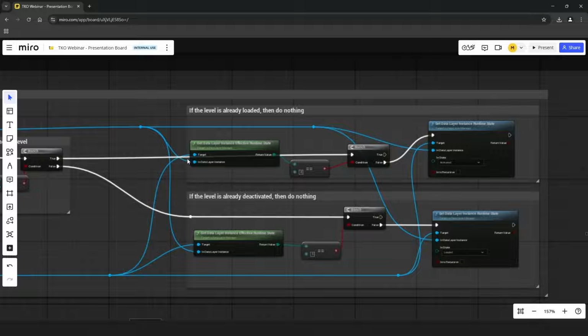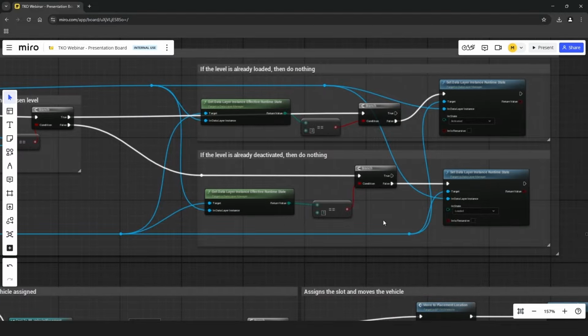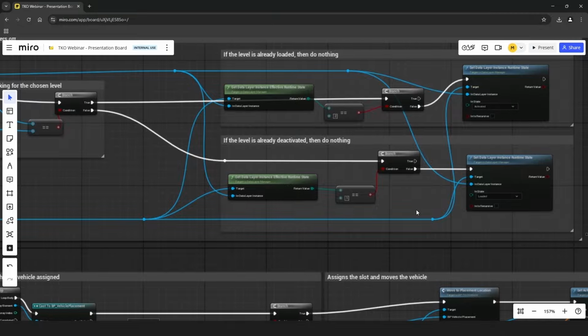But all I had to do is basically, if I'm that level, and that's what we're trying to load, I just set the enum to 2, which sets it to activated. So this here is checking to make sure that it's not already loaded, because we don't need to hammer Unreal and say load, load, load, load, right? And same thing down here. If the level's already unloaded, just move on, right? But if it's not unloaded, then we want to